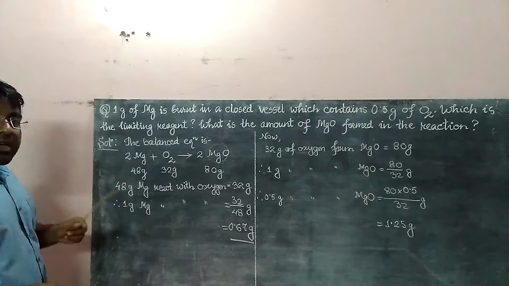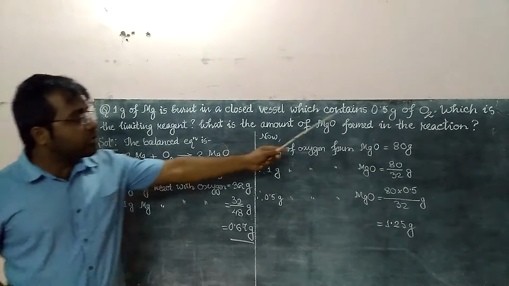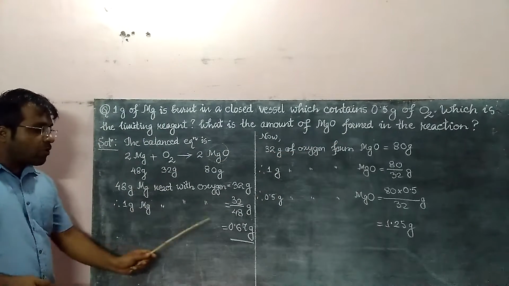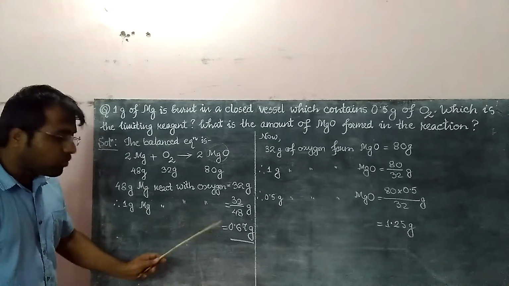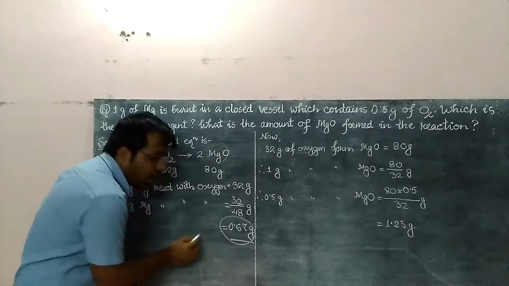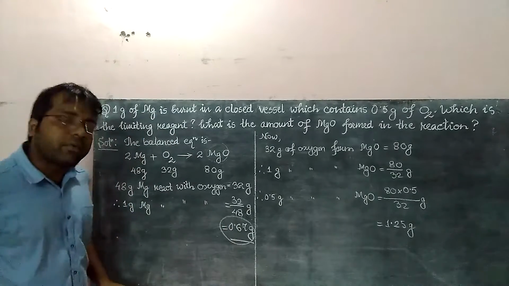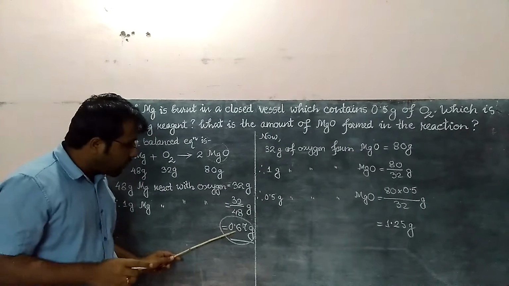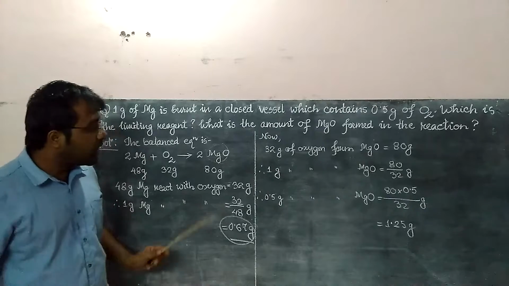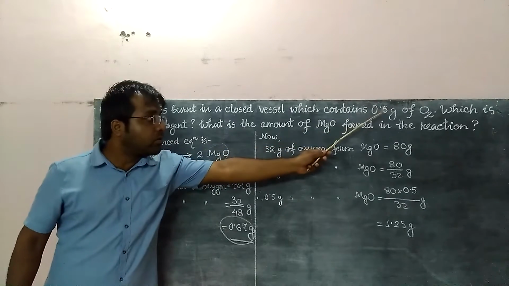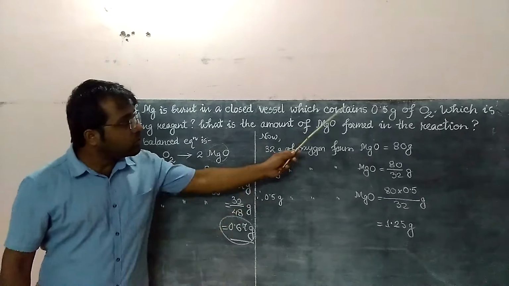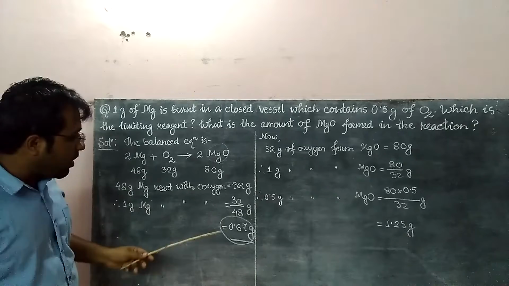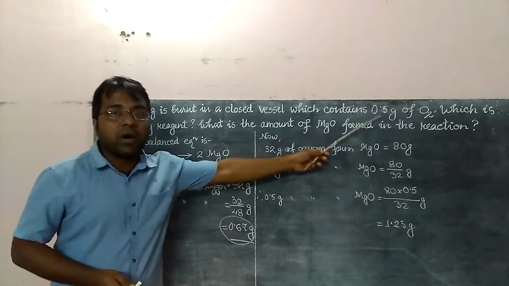Now you see in the question they have said 1 gram of Mg reacts with 0.5 gram of O2, but according to the equation 1 gram of Mg requires 0.67 gram of O2. So you need to consider this mass. 1 gram Mg requires 0.67, and in the question how much is given? 0.5, but you require 0.67 gram according to the equation. It means the amount of oxygen given in the question, 0.5, will definitely get finished up or limit its quantity, because we need 0.67 gram, but they have given us 0.5 gram.